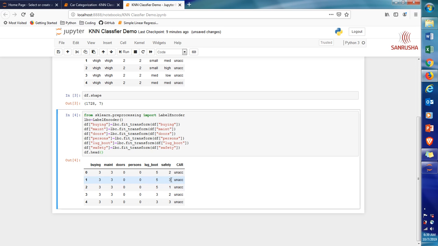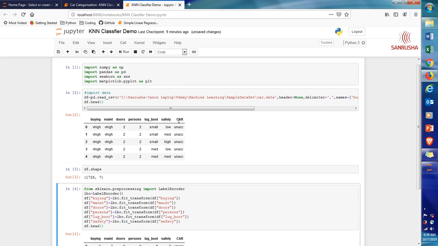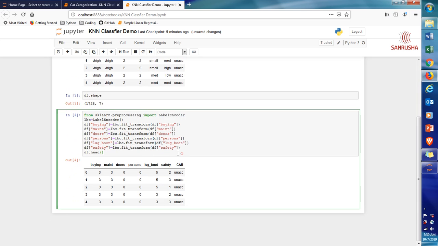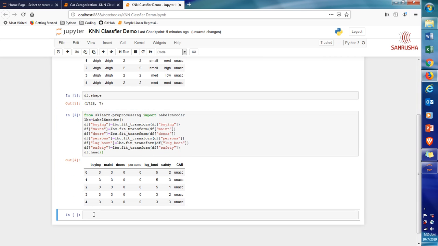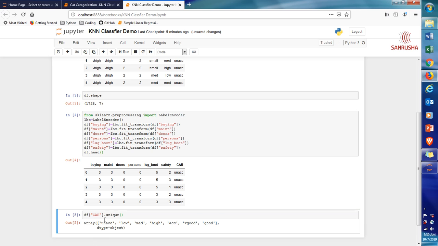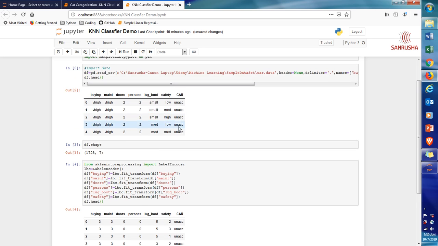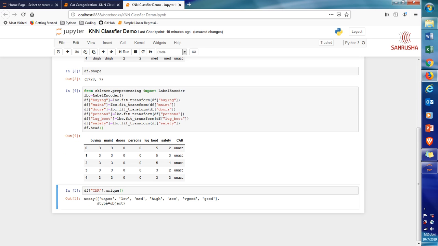So far so good. If you want to see the unique values in car target variable, it's very easy. You can just run this line of code df car dot unique. These are the unique values in this target variable. So your cars are going to be segregated among unacceptable, low, medium, high acceptability, acceptable, very good and good, right?